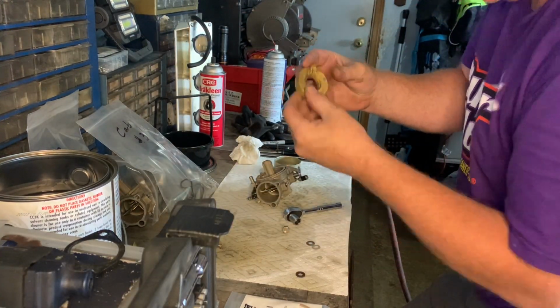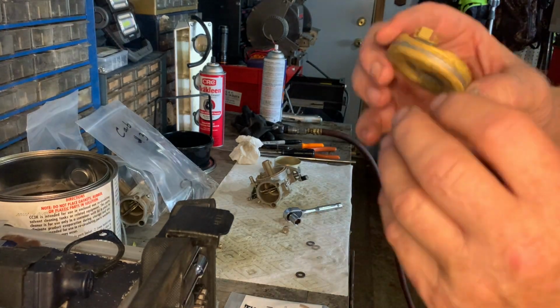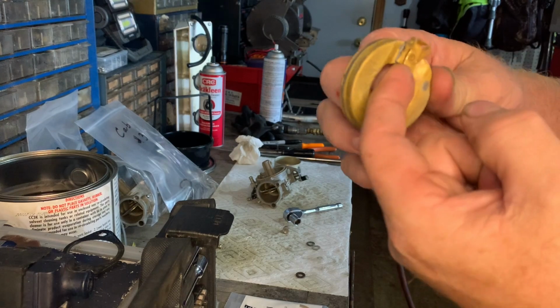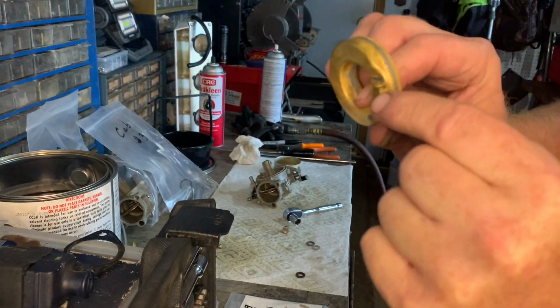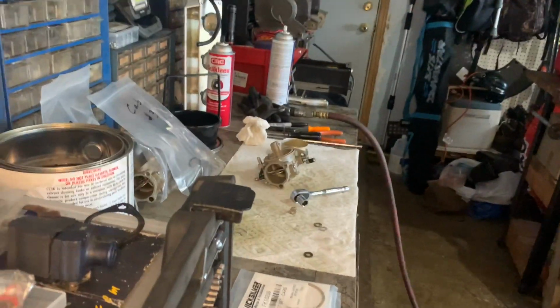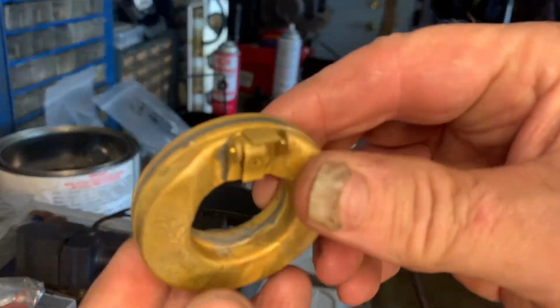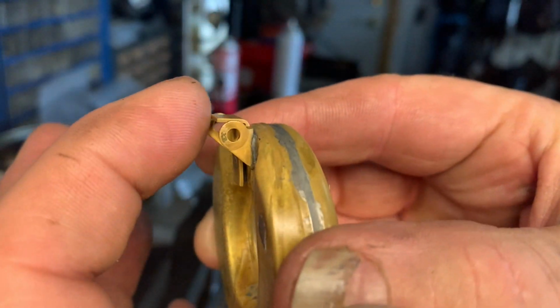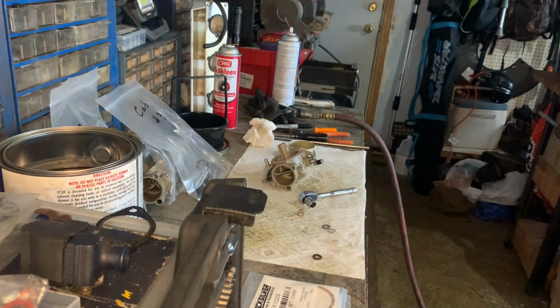Now this float actually probably won't need any adjustments because it's made out of copper, and the adjustments would be either lift this tab or bend it down or push this tab in or out. I don't know if you're able to see this or not. Okay, but the adjustments on this are either to bend this tab up or down, and this one in or out. And what you're looking for when you're putting this together,